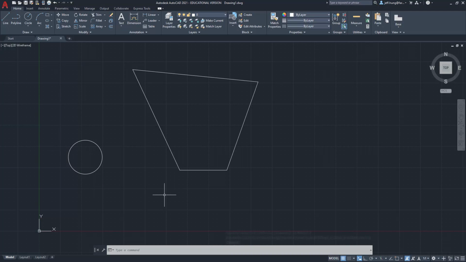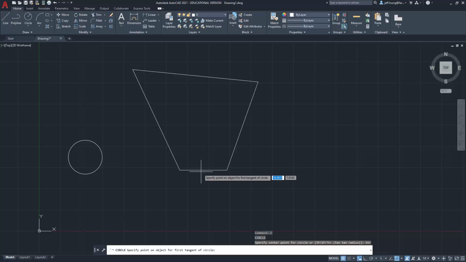Now there are more ways to do that, and you still need to enter the circle command, C, enter. Now there are choices in here. You can enter it 3 points, 2 points, and tangent radius. So let's start with the tangent radius. When you click here, or you can type here TTR, enter, and then it will ask you for the first